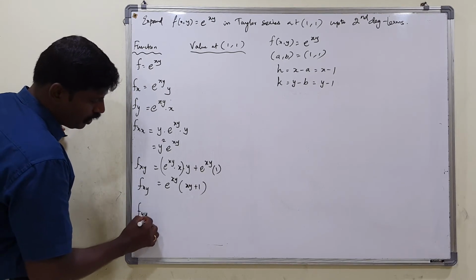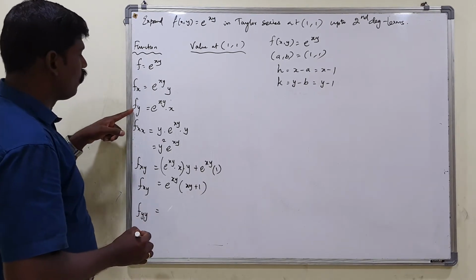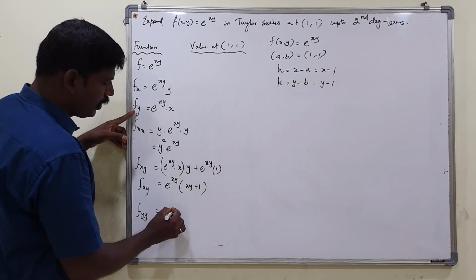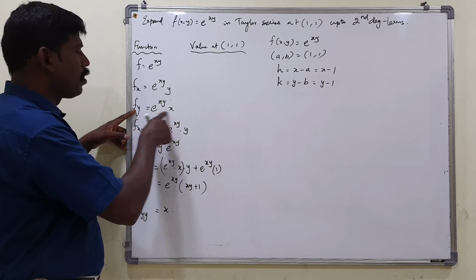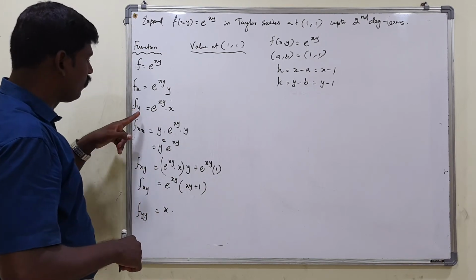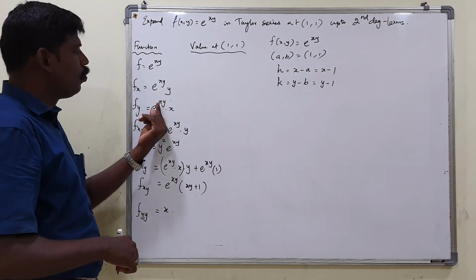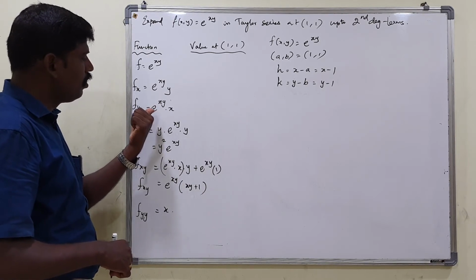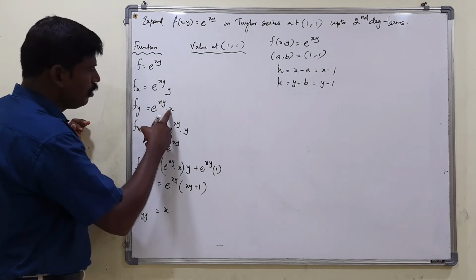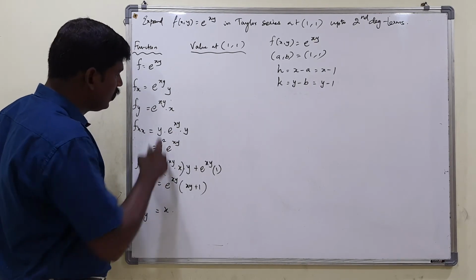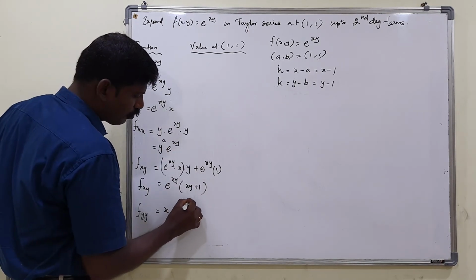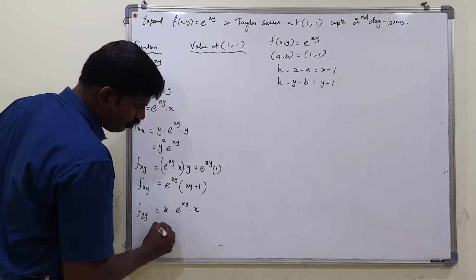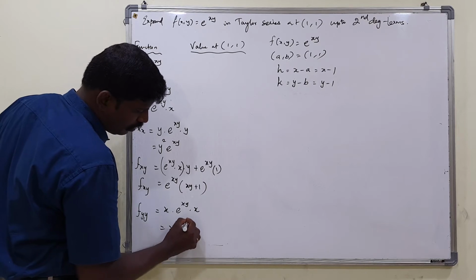And then f double y equal to, what is f double y? Fy with respect to y. So you have to take this as a constant, we keep it as same, no need to apply the product rule. Why? Because we are going to differentiate with respect to y alone. So y is only in the first term alone, so just take the derivative of the first term and keep the second term as constant. So x into the derivative of e power xy, which is e power xy into x with respect to y. So x square into e power xy.